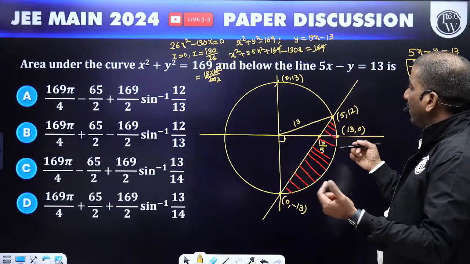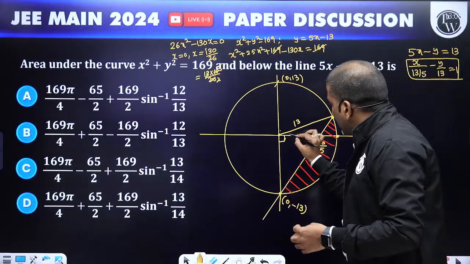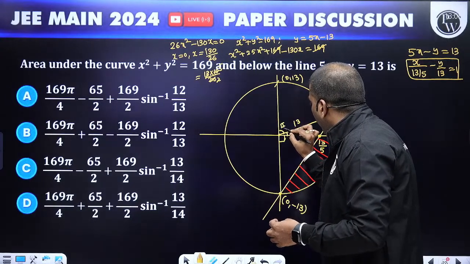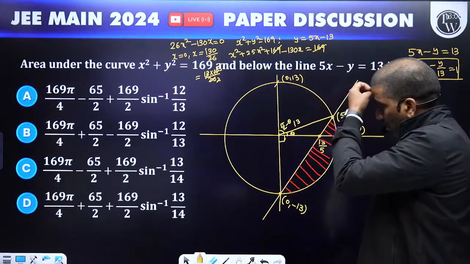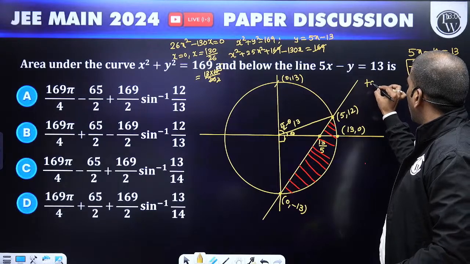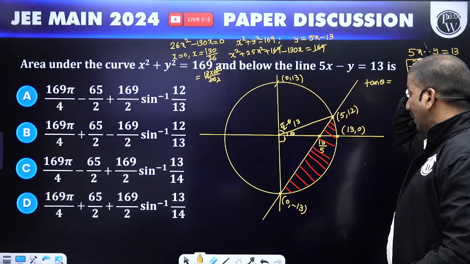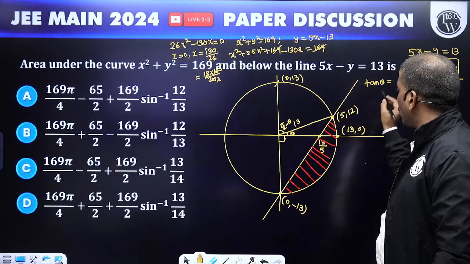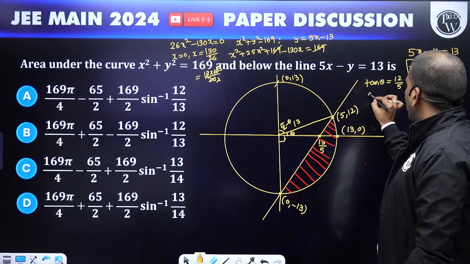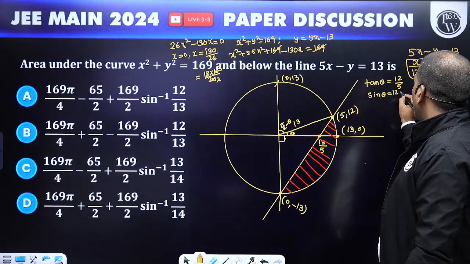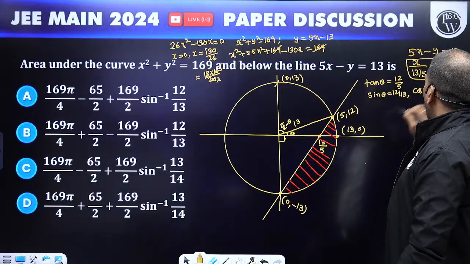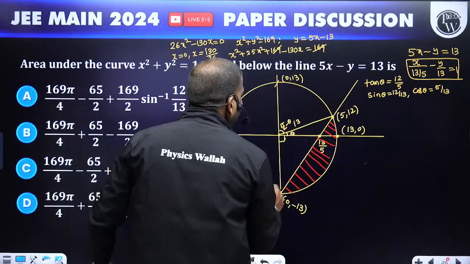So that's all, right? But what we will do, this is something like theta, and this portion is 90 minus theta. We have this theta. What is tan theta? Tan theta is 12 by 5. If you want sin theta, 12 by 13, and cos theta is 5 by 13. Right? So our required area is